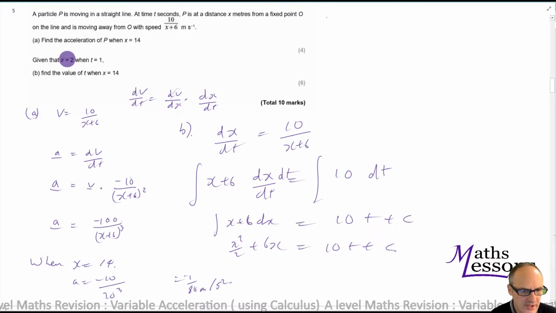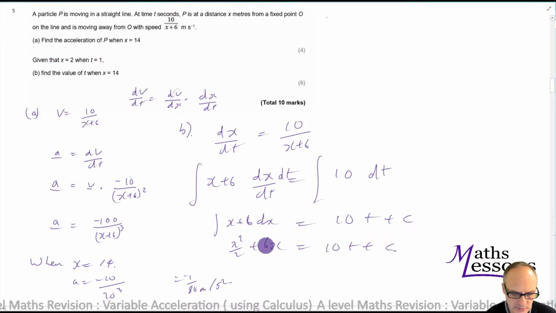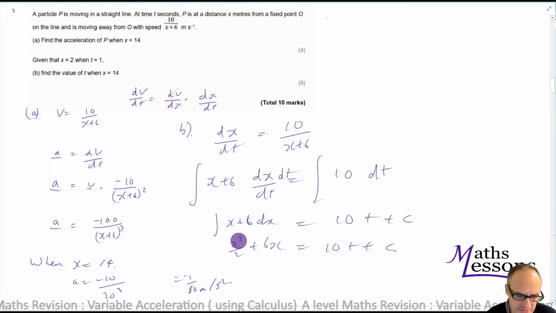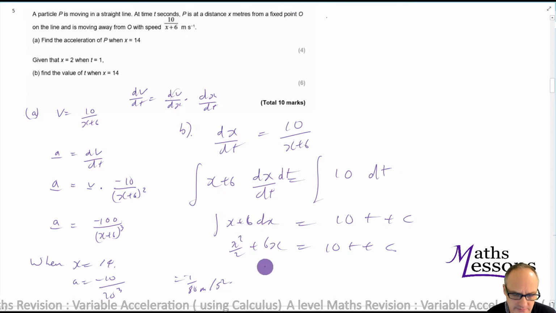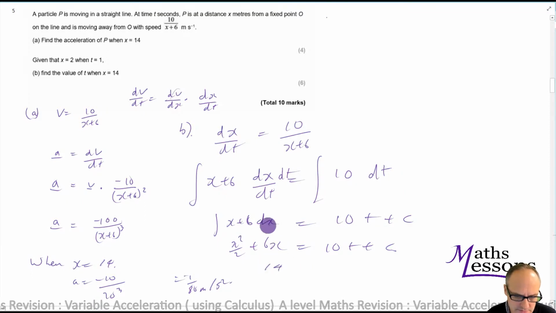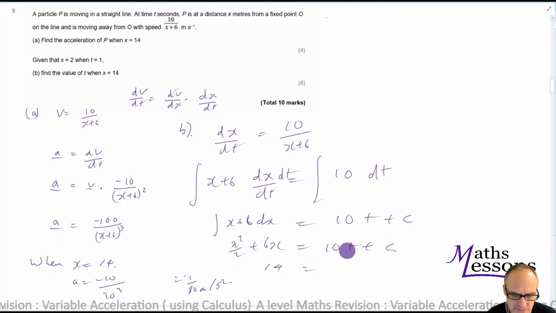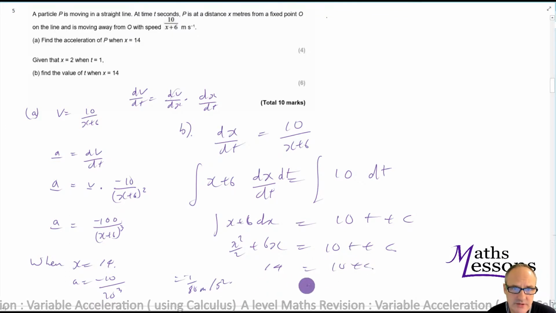Now we know that x equals 2 when t equals 1. So what we'll get here, 2 squared is 4, over 2 is 2, plus 12, that's going to give me 14. Just check, x equals 2, 4 over 2 is 2, plus 12 is 14, equals 10t, so that's going to be 10 plus c. So c will equal